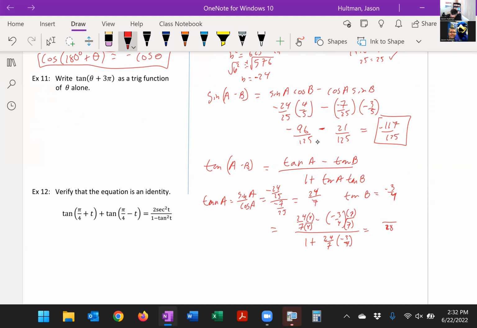Times 4 is 96 minus, and that looks like a negative 21. So it's looking like a 117 over 28. Okay, 24 times negative 3. What's 24 times negative 3? It is negative 72. So I'm going to do 28 over 28 plus negative 72 over